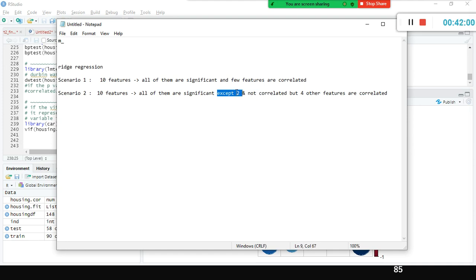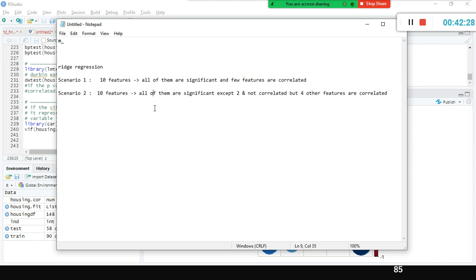See, in this case only 2 features were insignificant. Let's say I have 25 features that are insignificant. In that case, what will happen? Blindly it will include 25 features. It is addressing other features that were correlated, but it blindly includes the remaining 25 features that were not significant. And scenario 2 is, in this case, you don't use ridge regression.